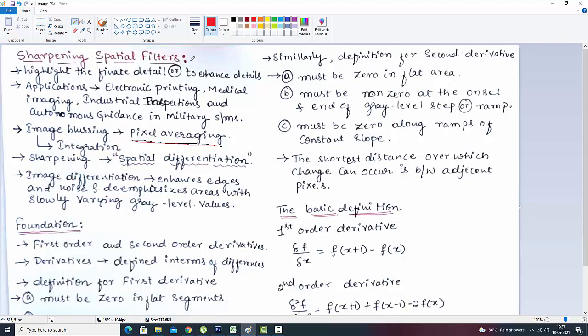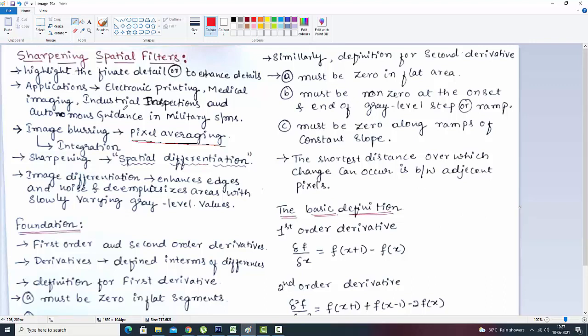Sharpening is also required. We have to sharpen the image, make some portion finer with more details, and also sometimes blurring occurs while we are taking the image. Blur may occur due to handshake, or we may want to enhance the details of the image. In some portions, such as in portrait photography, we try to sharpen the details of the eye. It may be anyone's eyes, so that one we try to sharpen, okay,